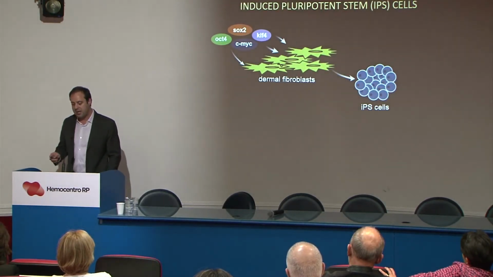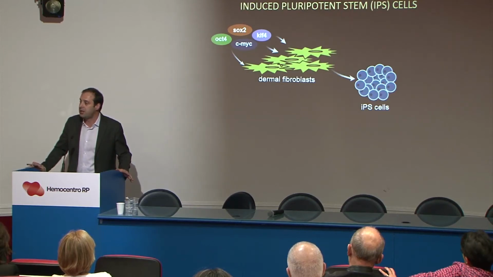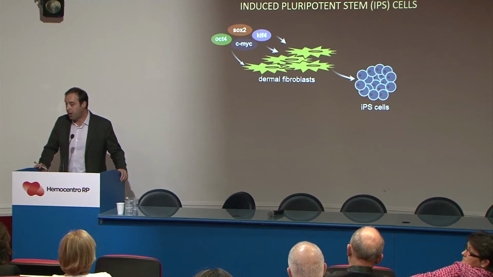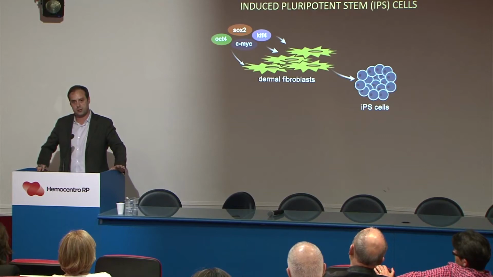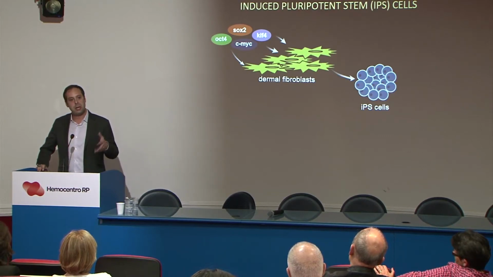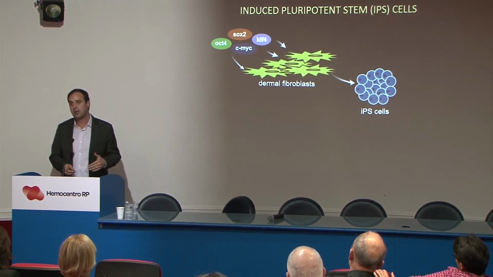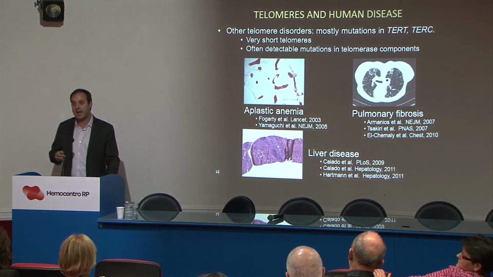So to study these, we developed a biological tool to understand what happens to these patients or to the cells of these patients, either in the bone marrow, the liver, or in the lungs. I won't have time to go into details on each of these models, but I'll just tell you that we use induced pluripotent stem cells to try to produce blood, liver, or lung tissue to study the mechanisms of disease development in these cases, especially because if you go back here, when